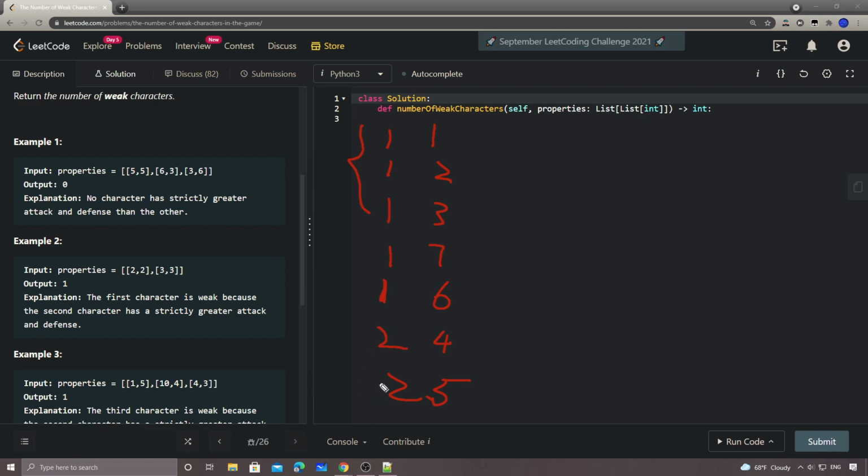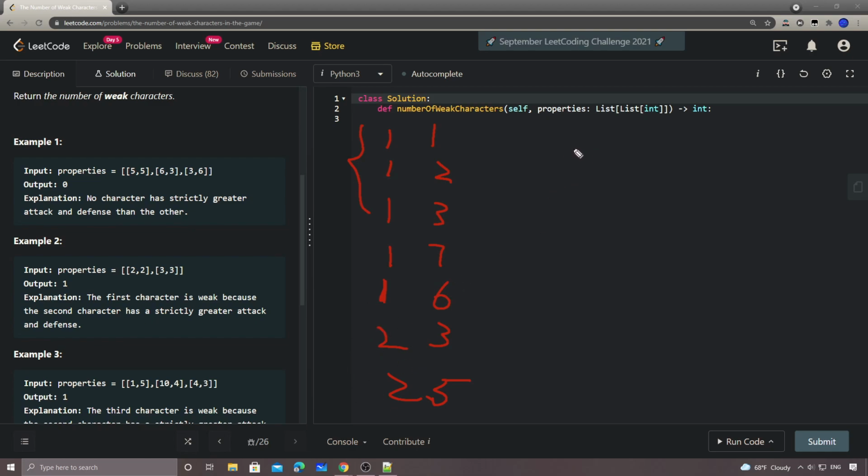Okay, and let's do 3 here. The reason that we have these 3 weak characters is because 1, 2, 3 is smaller than 5, right? 5 is the greatest defense from the previous group. Okay, so what we can do is that first we can sort by the first property